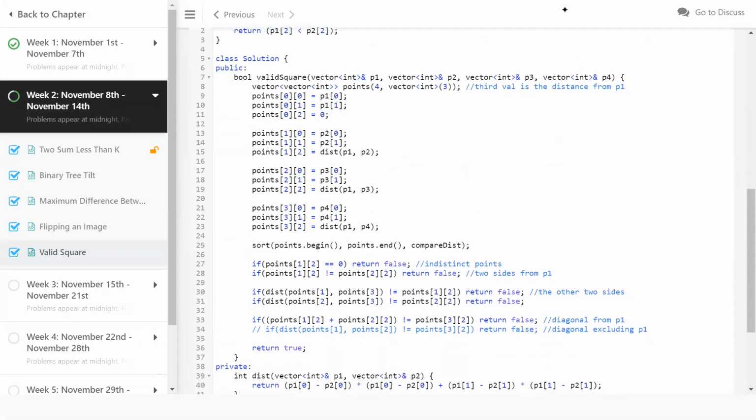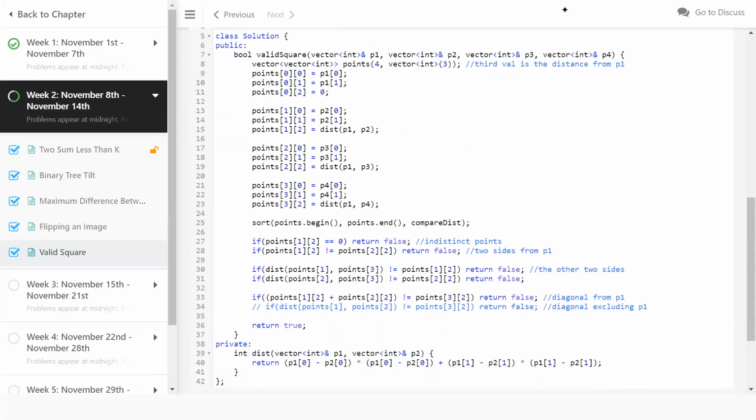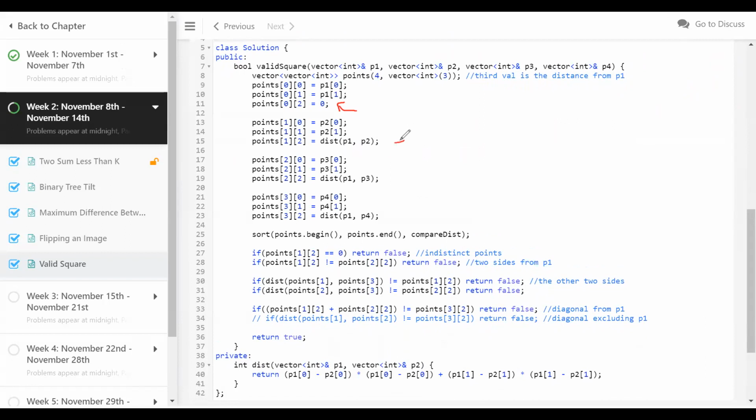What I have done here is, there are 4 points, P1, P2, P3, P4. I have added them into a vector of points, where the first two values are the X and Y coordinates, and the third one is the distance. Initially, P1 is at a distance of 0 from P1, obviously, and P2, P3, P4 are at a distance of this one. So I have a distance formula given by the Euclidean distance formula here, and then I'm going to find